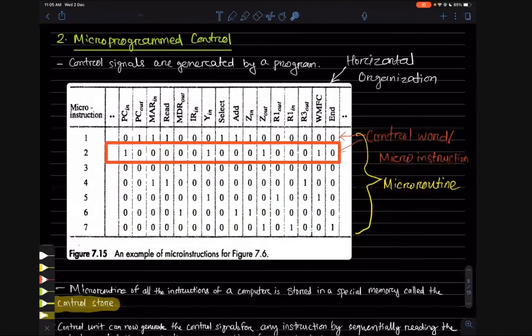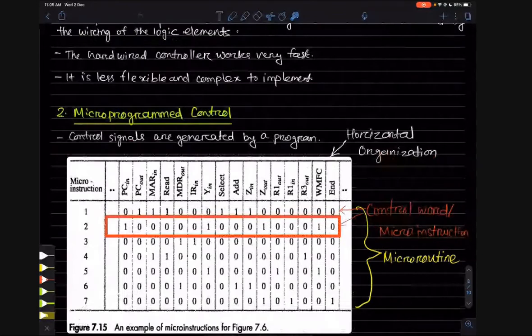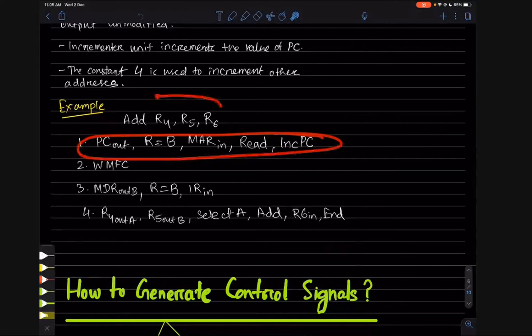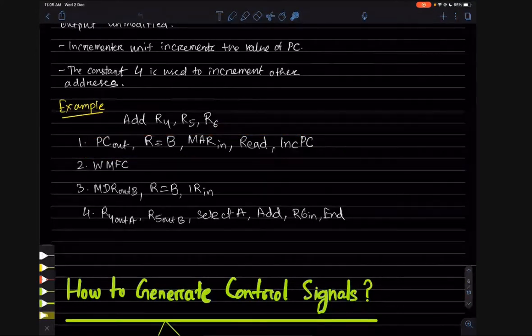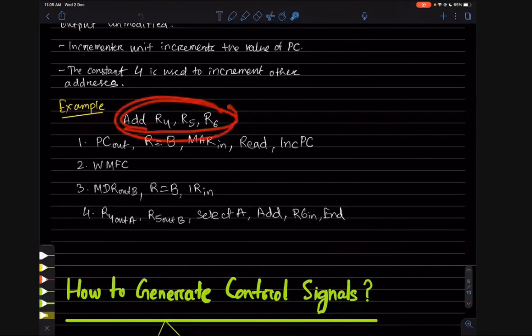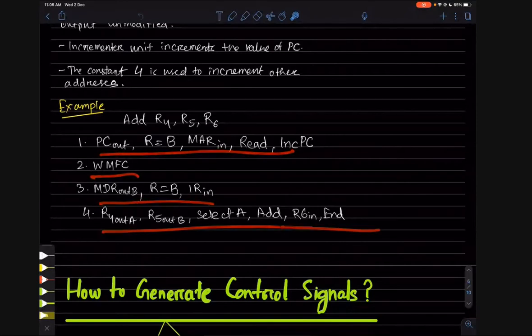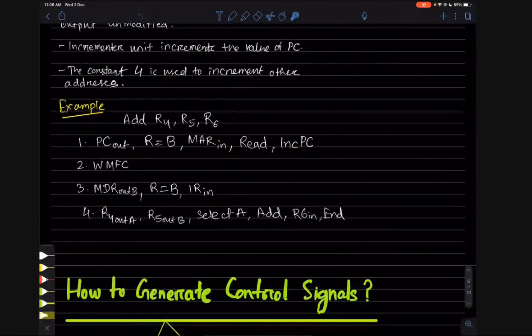What is a micro instruction? A micro instruction is the steps generated when an instruction is decoded. These are the steps which are called micro instructions because the instruction is divided again into a small number of instructions. This is one instruction, and this instruction is a part of a program. Now this instruction is divided into all these small steps, so that's why it is called a micro instruction, nothing else, very simple. The instruction is divided into micro instructions.